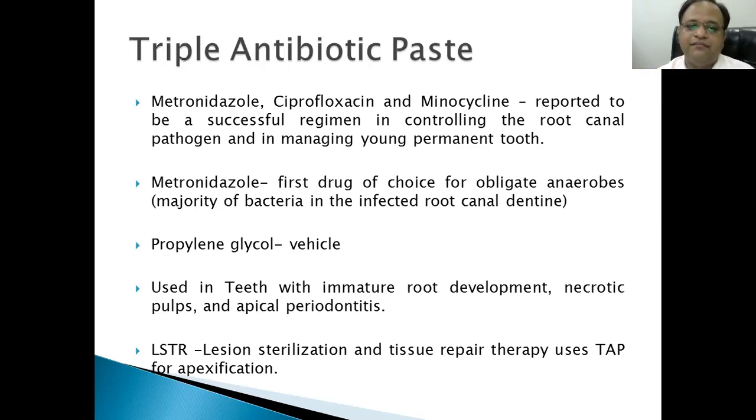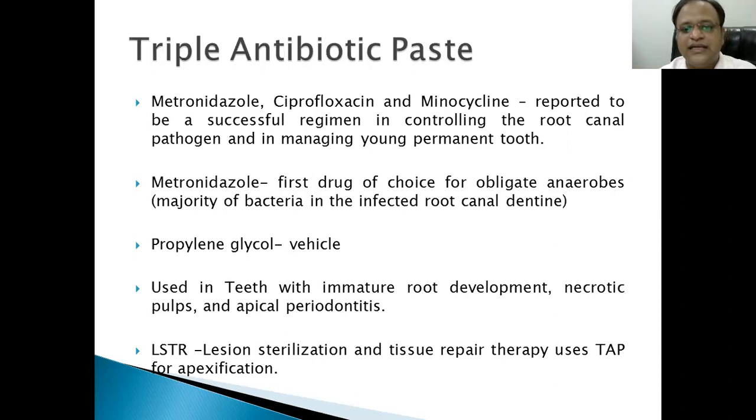So what happened? Metronidazole, ciprofloxacin, and minocycline are reported to be a successful regimen in controlling the root canal pathogens and in managing young permanent teeth. So why was metronidazole used? Because it is the first choice of drug for obligate anaerobes. But what happens is it's a polybacterial environment within the canal, so metronidazole is just not enough. So we need two other combinations. So ciprofloxacin and minocycline were actually added to the combination, and a triple antibiotic paste was formed in